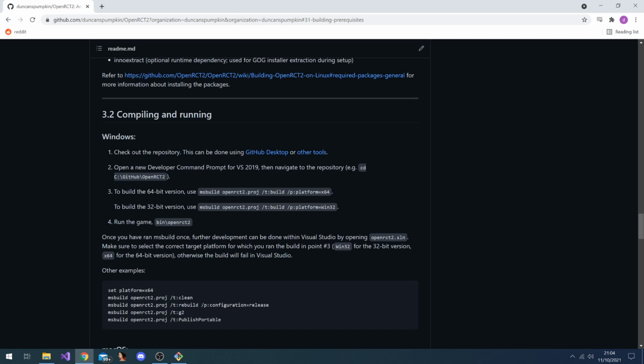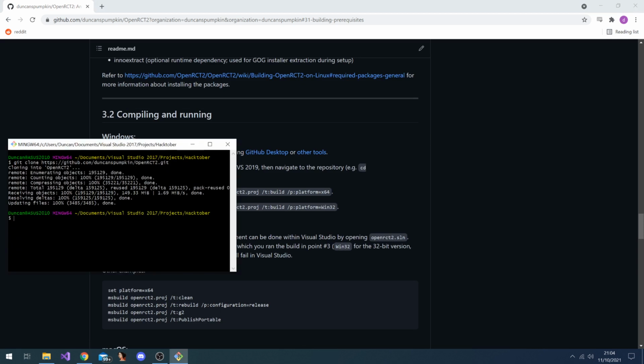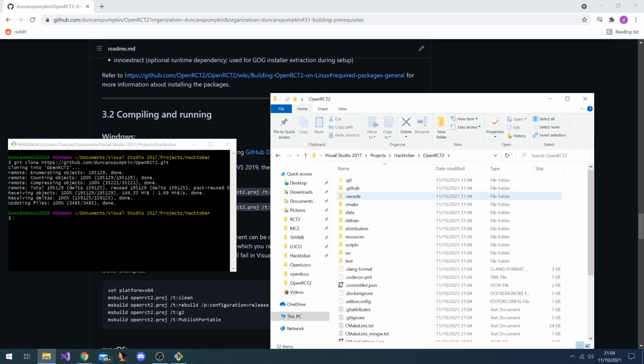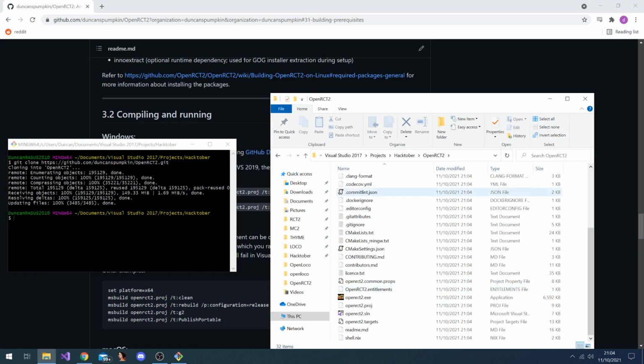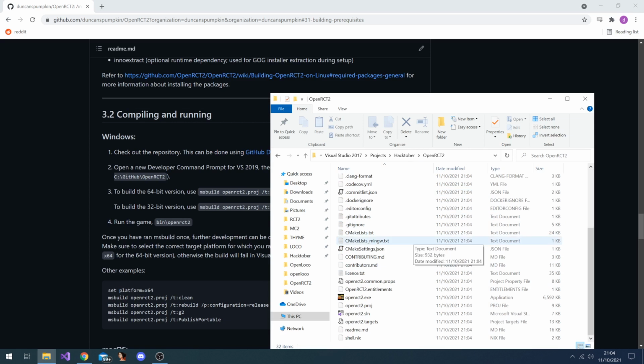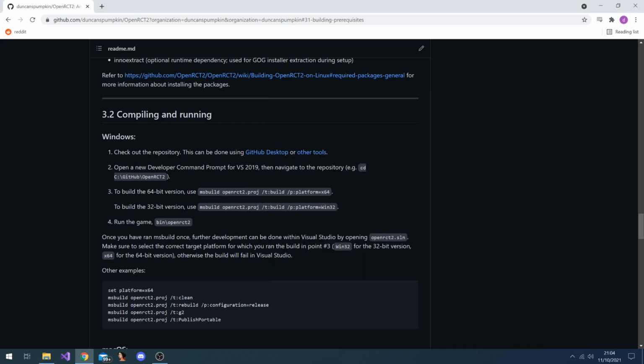I've got used to using the command line interface now. I'm not really going to change. So now we've finished downloading all the files. I can see we've got this new folder, OpenRCT2, and inside here we've got all of our individual files of the source code. So we can close this window, and now we can get on to the next step,